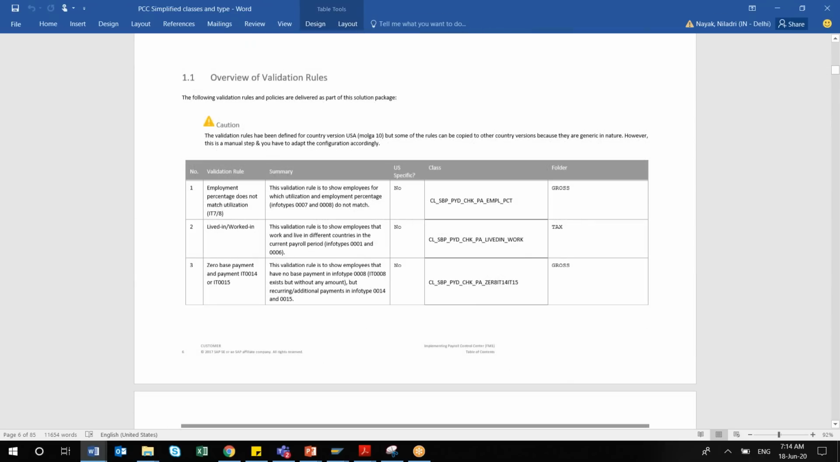These are the different sets of validation rules, and there is a column called US specific. If it is a US specific validation rule, it will be marked as yes. Otherwise, it can be applicable for any country. For example, if the employment percentage doesn't exist, like your infotype 7, infotype 8, then the system should give an error,